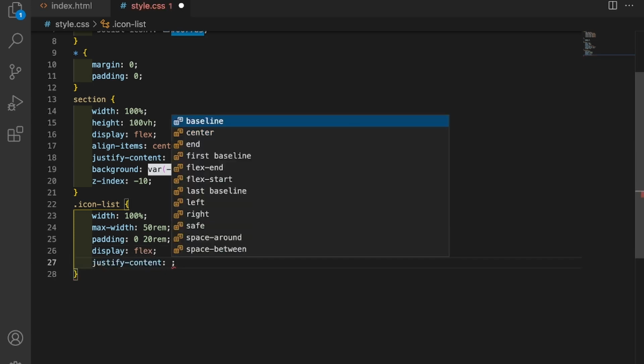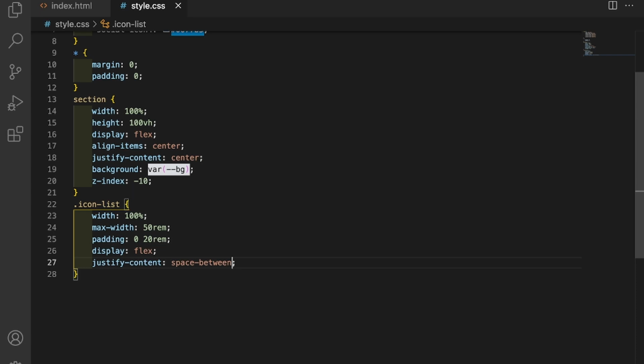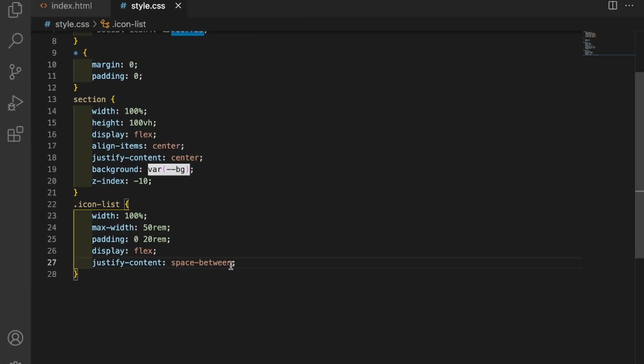Here I will use the property space between, and I will show you the output here. So as you guys can see, the display flex property is successfully applied here, and I have used a space between property here. So you can see the output here.